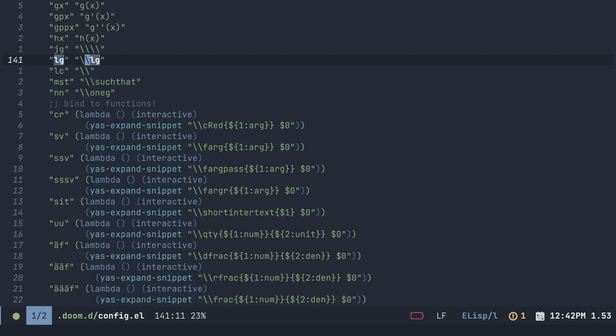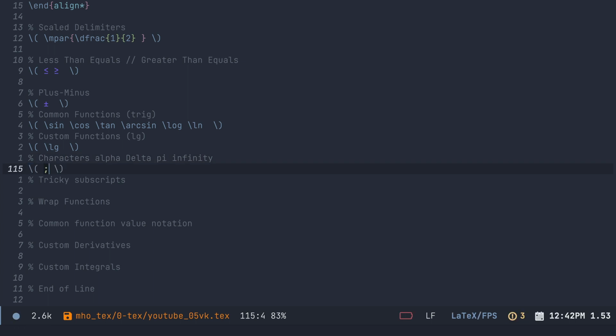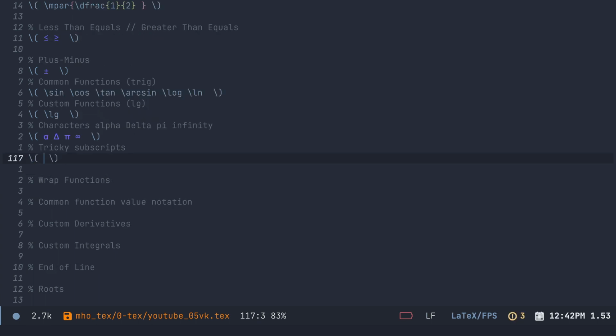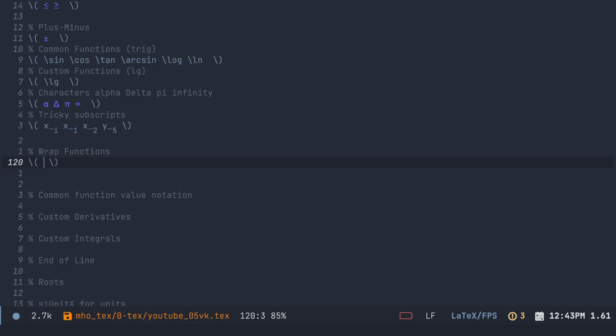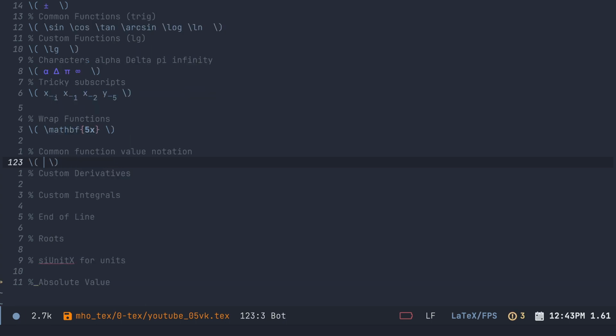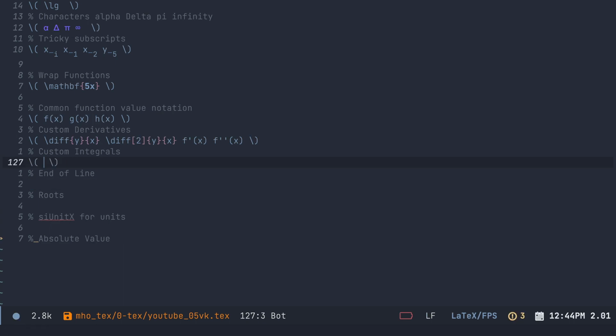All right, let's get back into our main document where I can show you some more quick snippets here. Special characters, we're going to use semicolon lowercase a, semicolon uppercase d, semicolon lowercase p, and semicolon 8. It's never been faster. Tricky snippets, xi, x1, x2, and this subscript takes care of itself. We can even wrap an argument in a LaTeX command such as apostrophe B, and that will be placed inside the math boldface command. Custom functions, fx, gx, hx, it's super quick and it's custom. Custom derivatives, d1, d2 using Leibniz notation, fpx and fppx for Lagrange notation for derivatives,